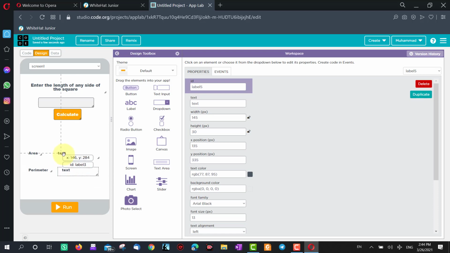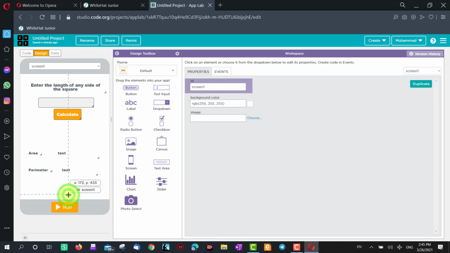Okay, now the ID of the result label should be renamed for easier coding. So we will rename it to area result, and the second one, the perimeter result label, change the ID to perimeter result.